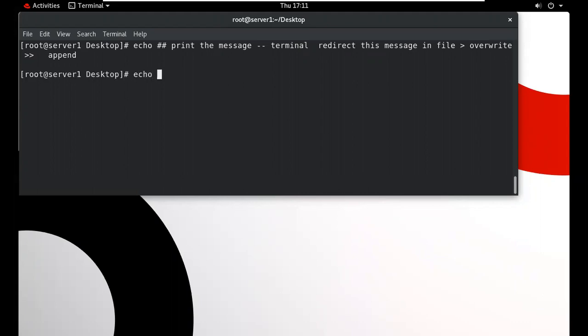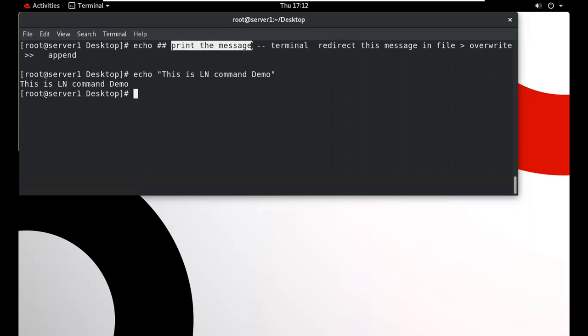Suppose echo and we type a message: this is ln command demo, and I just press enter. What will it do by default? It will print the message in the terminal. It is only used to print the message.